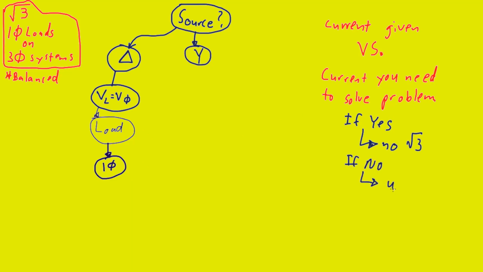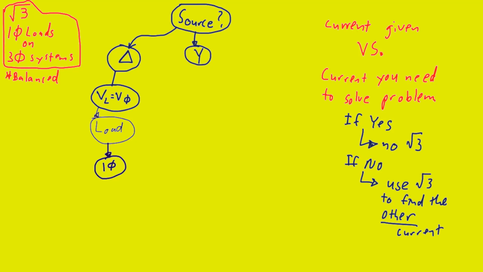That means that the current you were given is not the current that you need to solve the problem, and something needs to be done to that current in order to make it applicable to your final power calculation. And this is where the root 3 is going to come in. We're going to use the root 3 to work on that current to get it to the place we need